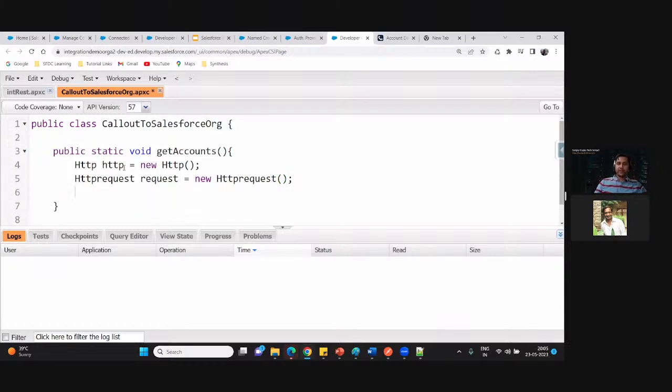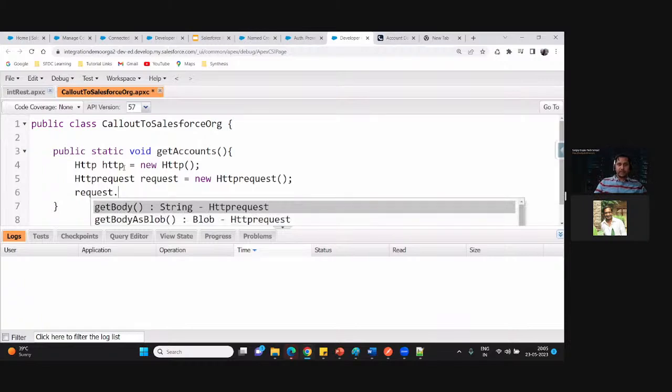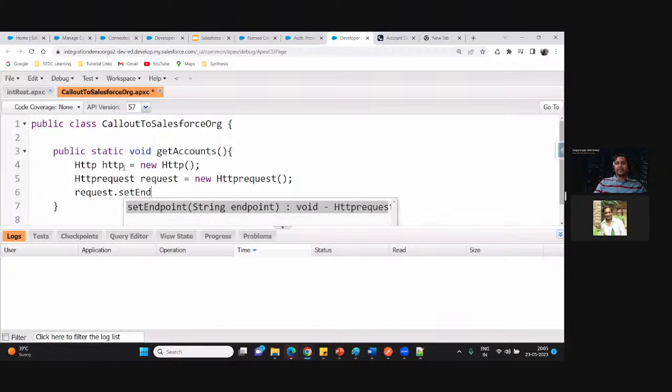Now in this request, we have to go and set multiple things. So the first thing that we have to set in this request is the endpoint. So setEndpoint.